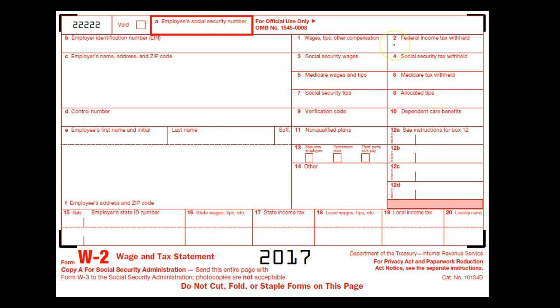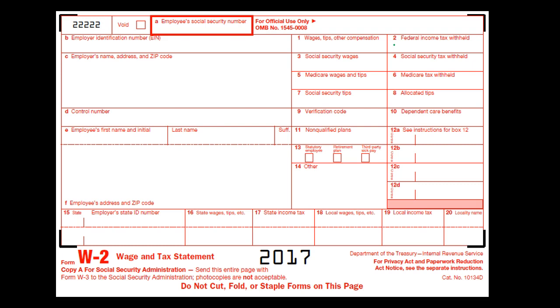Box 2, of course, is the federal income tax withheld. We have withheld taxes. It's been withheld from us, meaning we've made payments throughout the year for the employee. Now, we didn't actually write the check, but the employer was responsible for taking the money out of our wages